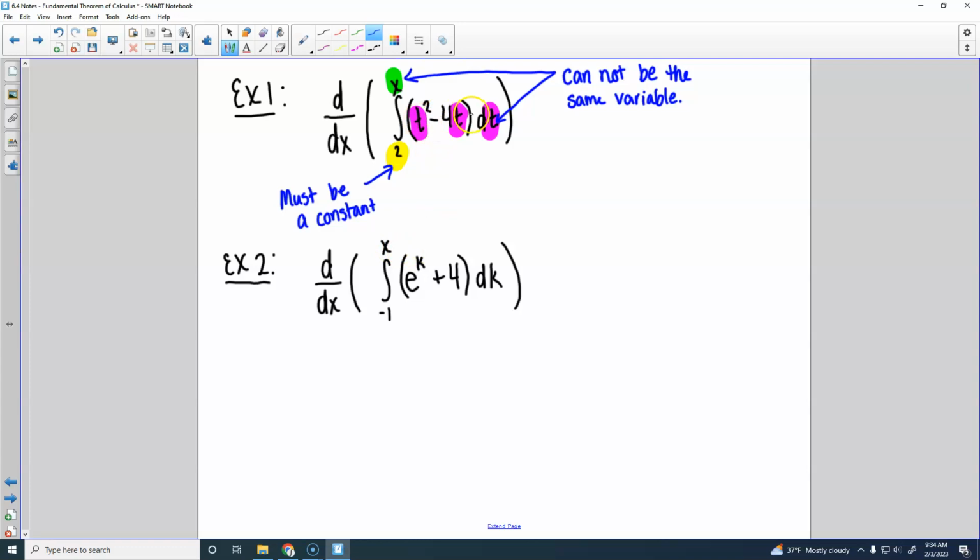And whatever's inside of the function is what I like to call a dummy variable. It's there in place of where we're going to put the x. So we'll see t's, we'll see k's, we'll see different variables there. We could technically have a different variable here as well, but most of the time we're going to see an x there. So the derivative and the integral undo each other here. So it would just give us the function, but we are going to plug in the x instead of the t for that. So the answer for this would be x squared minus 4x.